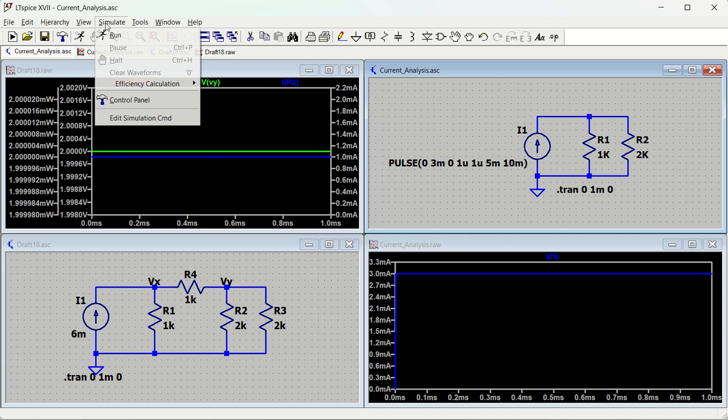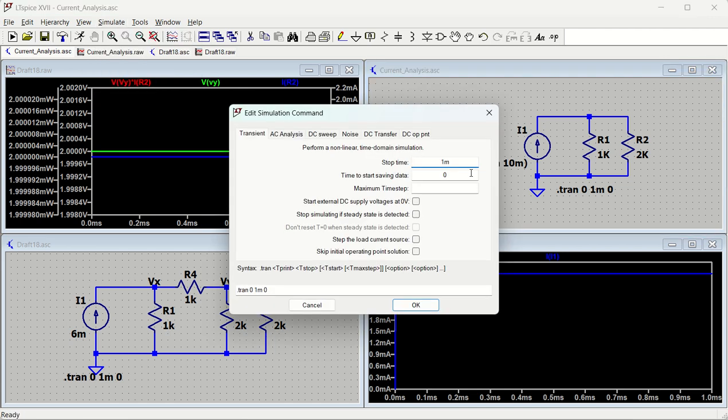So what you can do, go to simulate, edit simulation command, right? So go to simulate, edit simulation command, or you can go to settings and all, something like that if it is very new version or something. And there I'm going to change it to, let's say 100 millisecond, so that it can give me 10 pulses,